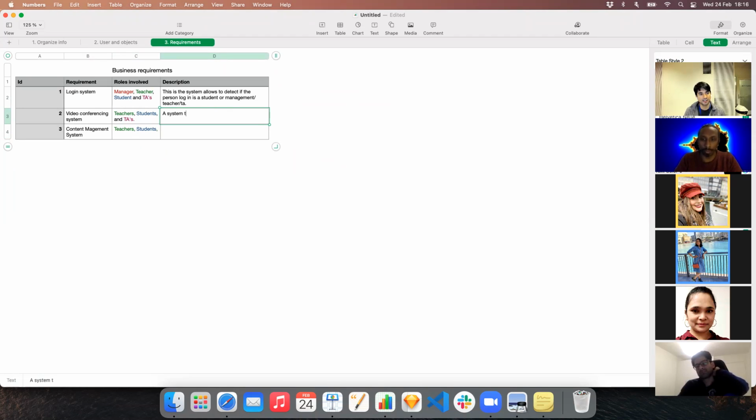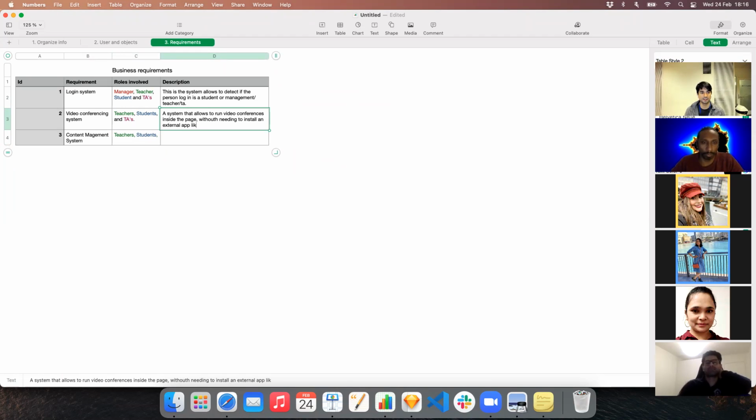A system that allows to run video conferences inside the page, without needing to install an external app like Zoom or Skype. Super ambitious, not gonna happen. And the content management system, a system that allows to add new content, study links to the platform. And if we add, edit, and remove